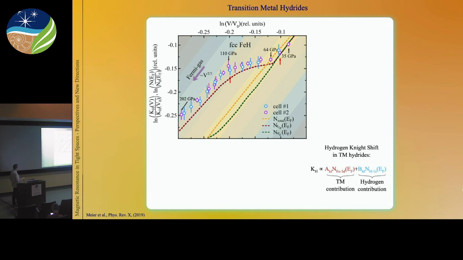But now you might ask, what's then actually the contribution of hydrogen? And in order to see that, we also calculated